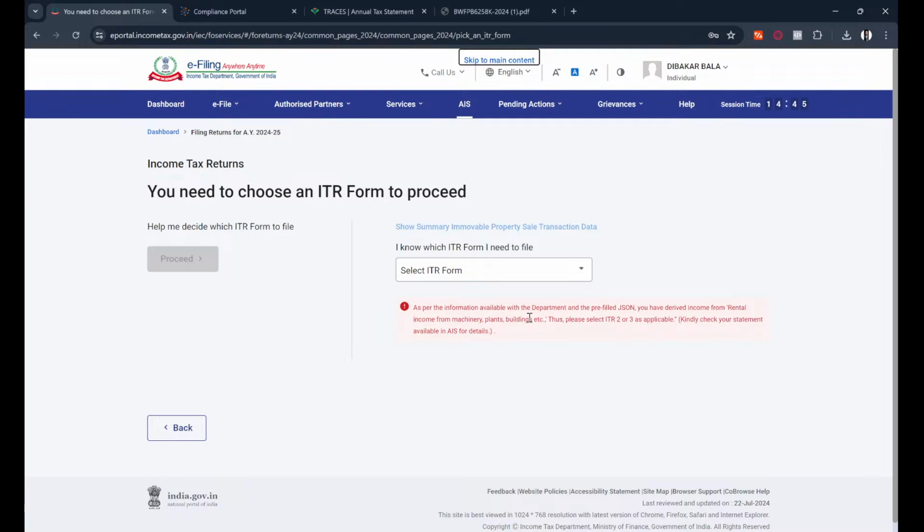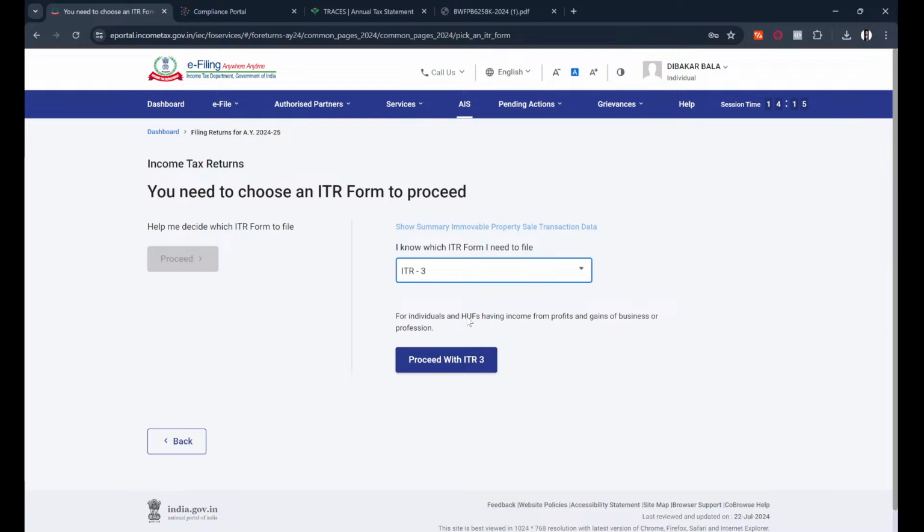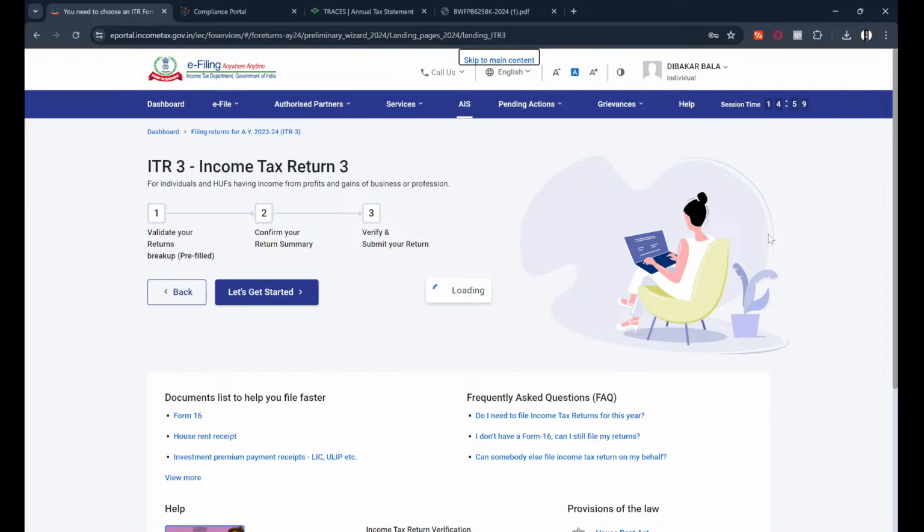So it says that you must fill ITR 2 or ITR 3 because ITR 1 and ITR 4 are not available to me. If I try to click ITR 1 or ITR 4, or any other, I won't be able to fill. So I will have to either fill ITR 2 or ITR 3. I will select ITR 3 because I have majorly business income, but I'll still select ITR 3 because it helps me to go for presumptive taxation benefit. So I'll just click ITR 3 and go ahead with ITR 3. Presumptive taxation benefit is where you do not have to